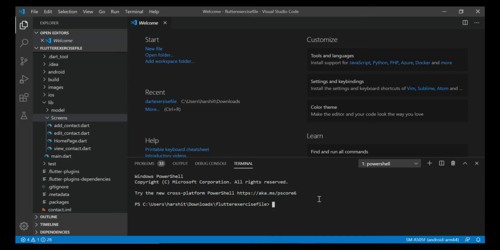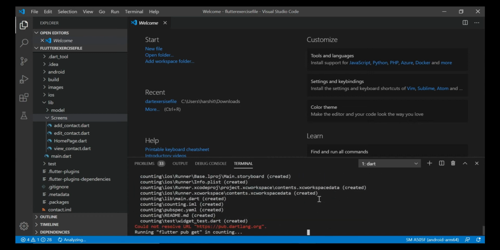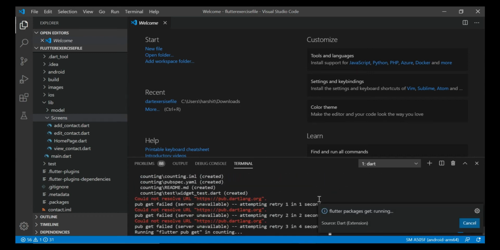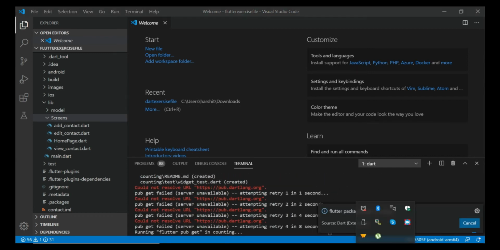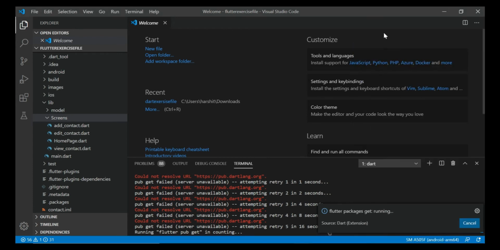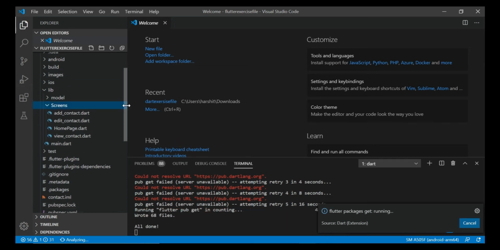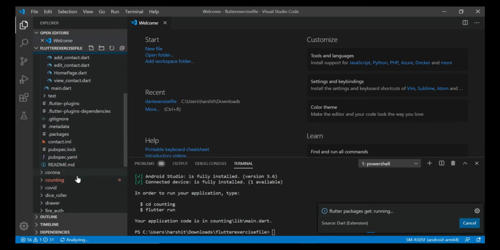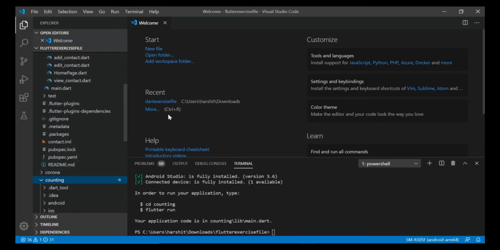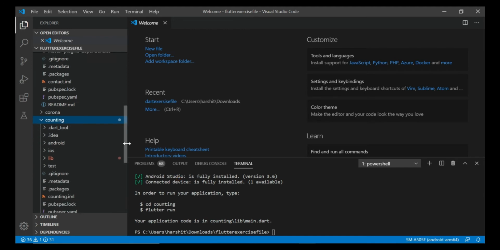Let's create our first app and I name it as counting. You'll know at the end of this video why I name it as counting. Don't worry about these red lines. These are because my internet is turned off. So don't worry, I turn it on. And this basics series consists of only 4 to 5 episodes. That's it. Flutter is so super easy, so no problem.